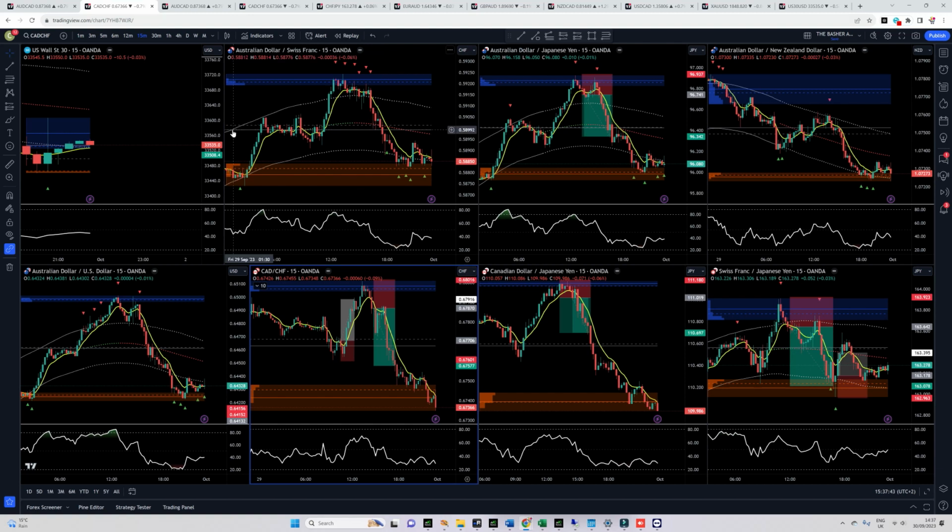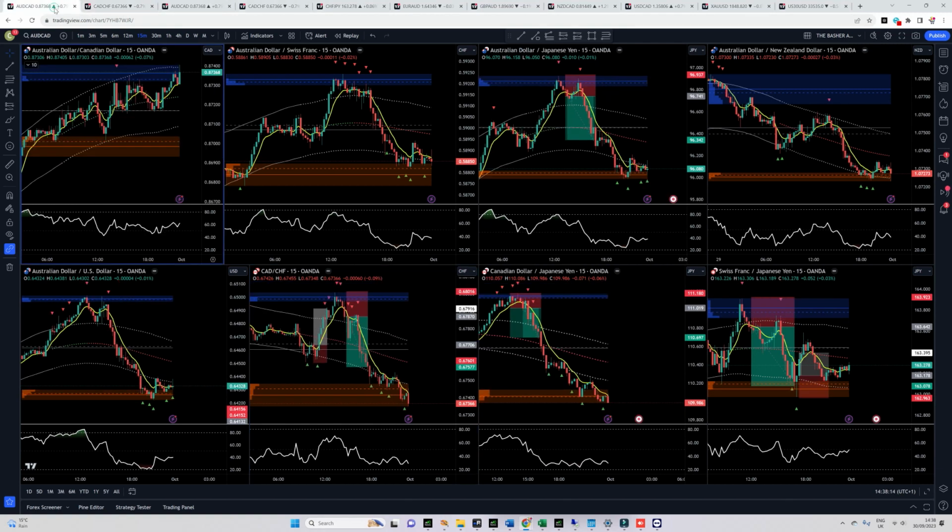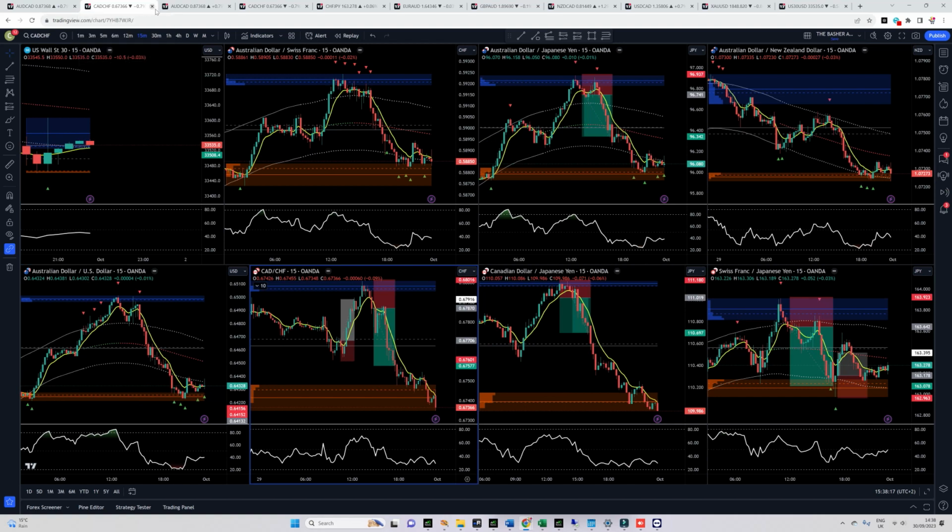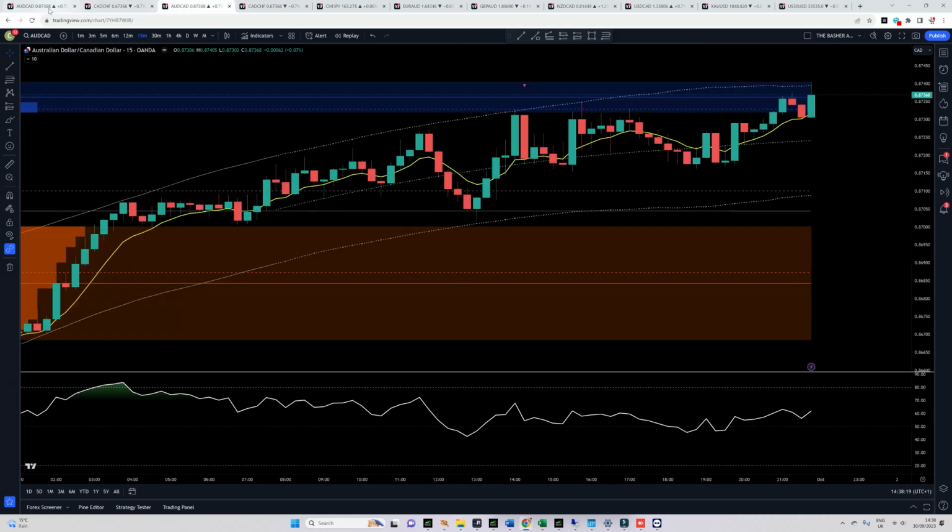So then the question is, how do we keep track of all of these 24 pairs if we only have one computer screen? Well, it's extremely simple. We go to Google and we Google the term Revolver Tabs. As you can see, this Google extension will automatically rotate through all of these tabs at the top of the screen. So if I had 8 on each of the 3 tabs here,